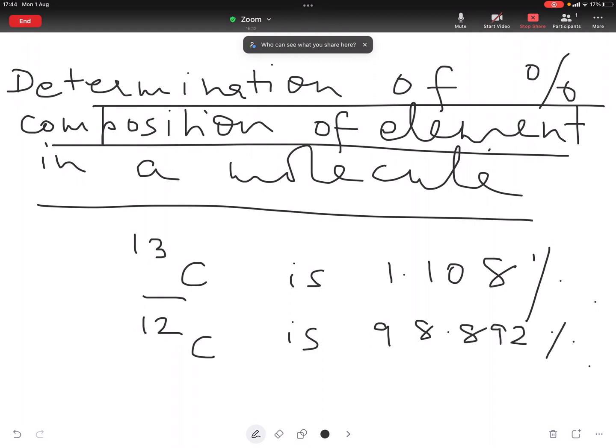Therefore, a molecule of methane will have a molecular ion which corresponds to